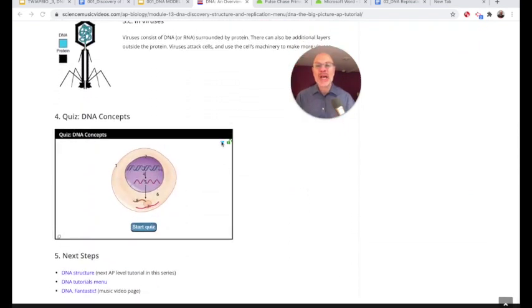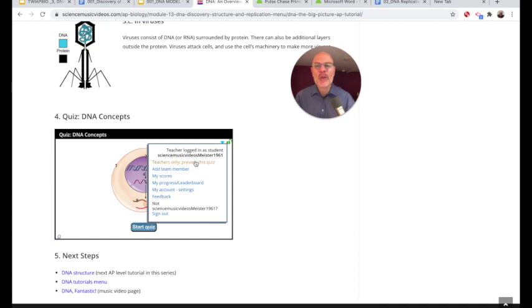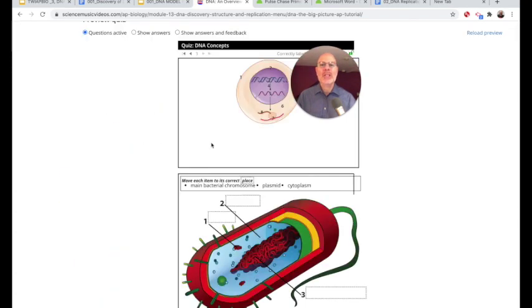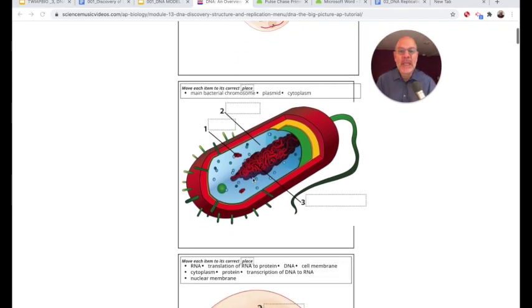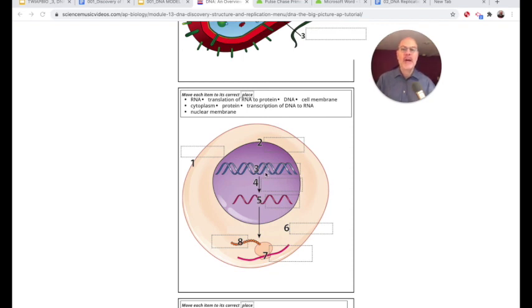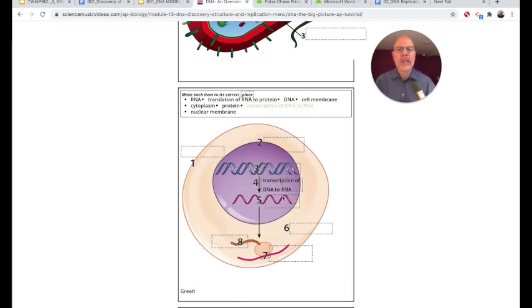And I'm going to use this feature of teacher previews to show you what the first quiz is like, and what your students will be able to do. They'd be able to identify the chromosomes in a bacterial cell and the various processes that happen in DNA in eukaryotic cells. And they'd have to know that, for example, transcription of DNA to RNA, well, that's happening over here. And translation of RNA to protein, well, that's happening over